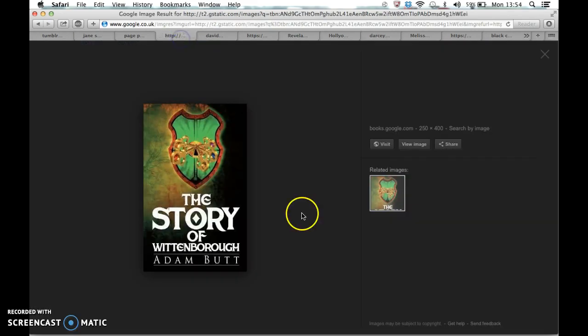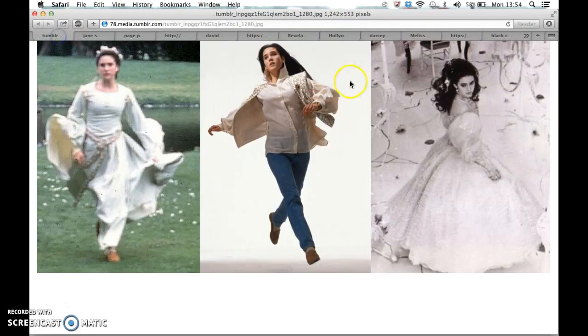Anyway, moving on. So, my novel is called The Story of Wittenborough, right? And the main character in that novel is called Betsy Schadenforth. Now, Betsy Schadenforth, that's another person who represents the Revelation 12 woman. And basically, she goes through a maze in this book, just like when Sarah in Labyrinth goes through the labyrinth, aka the maze.